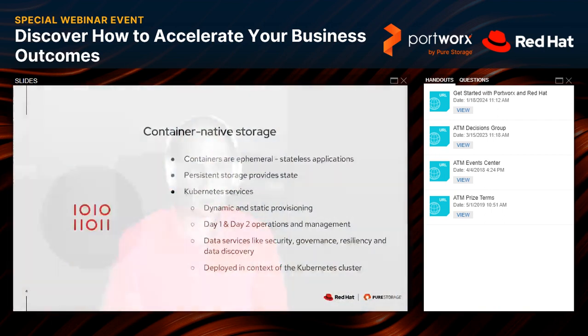What's great about containers and Kubernetes and OpenShift is the portability of it, the ability for you to move those applications whenever you want, wherever you want, scale them up and scale them down. And to do that, you need a storage layer that is an extension of Kubernetes, that is speaking the same language of Kubernetes and allows you to scale and be portable right alongside the application. So what container native storage does is it sits on the Kubernetes control plane and lets you bring that storage and data management into the application.